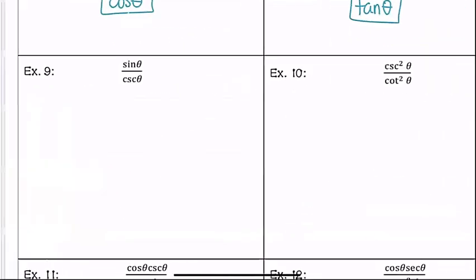Okay. I want you to try number 8 before you, or sorry, number 9. Before you try number 9, just to let you know, this multiplies the same way that x would. So if you have x times x, that would be x squared, or x squared divided by x would just be x because the one would cancel. Same thing for these. They're going to work exactly the same as a variable would. Okay. So go ahead and try number 9,